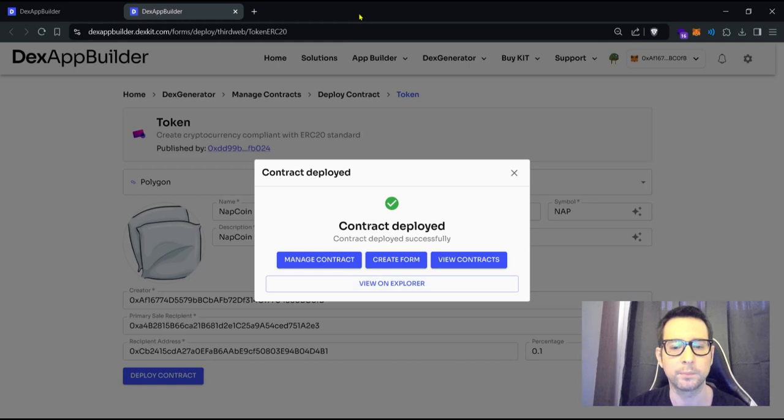We can close this and we can create forms for this contract. How so? We can just use some functions on this contract and embed them in little UIs for your clients to interact with it. You can also create burn buttons, so your clients will be able to burn their tokens by just clicking a button. We don't want to do this right now, we just want to see the back end of the just deployed contract. So for this purpose, we click on the Manage Contract button,